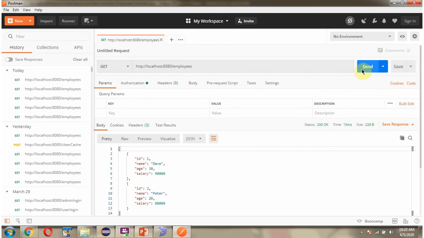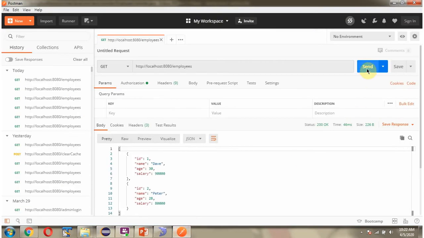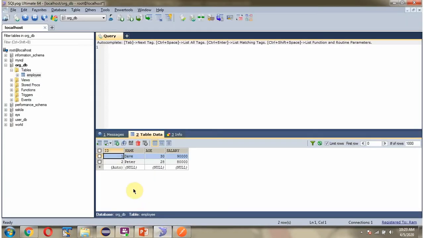Again I am sending the request, and this time it gets the result from the cache. Here you can see there is no movement in the logs. I am sending the request again, and it got the details from the cache. To prove that, I will add one more record in the employee table.